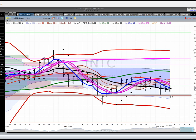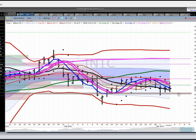We absolutely would. I would be willing intraday to go short at 35.75, with the idea being that we've got a high in the dragon and the baby dragon, a lower high. The RL10 has already crossed through the dragon. It's at the bottom of the river. So if it were to fall out of the river here and break this 2-day low, I'd be ready to